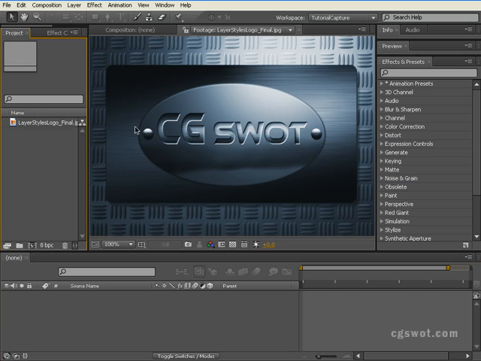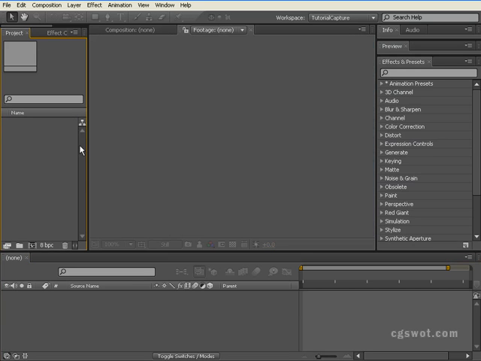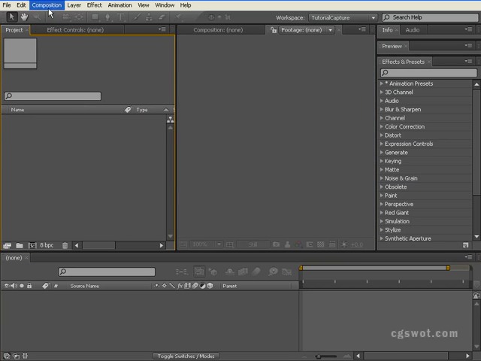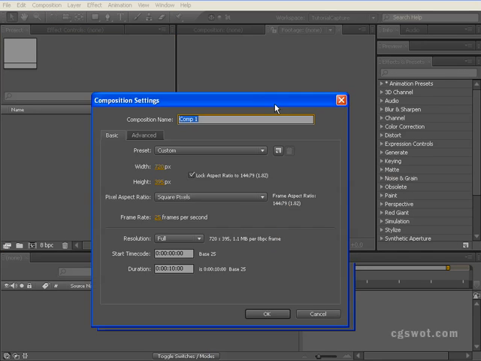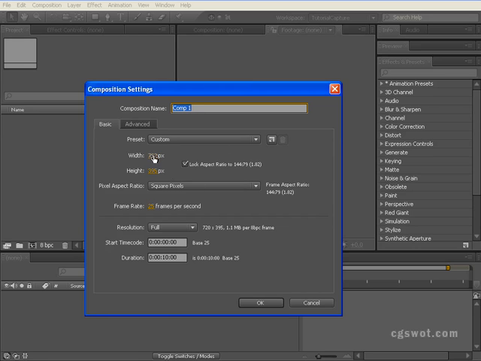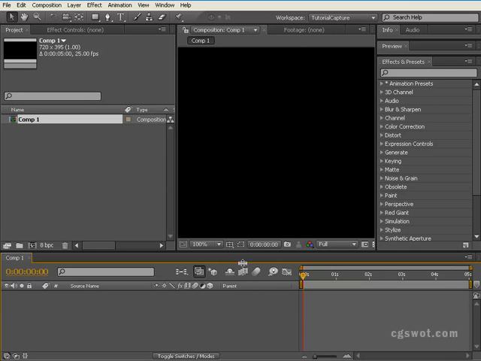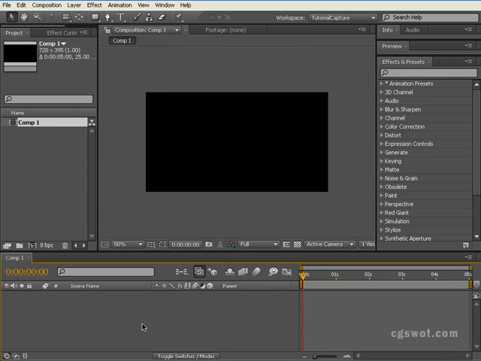So we'll get started. I'll just delete that reference picture. We'll start a new composition, so composition, new composition, and I'll be working in a widescreen aspect, 720x395 square pixels, 25 frames, and I'll keep it to about 5 seconds. I'm not sure whether we'll get time to animate anything, but 5 seconds should be fine. And the first thing we need to do in our comp, we'll just rename by clicking enter up in the project window, and we'll call that master,